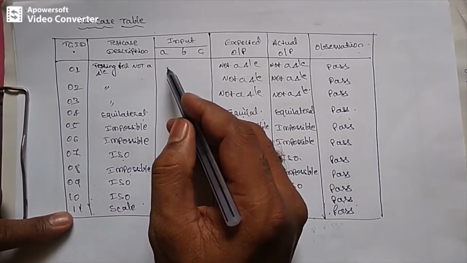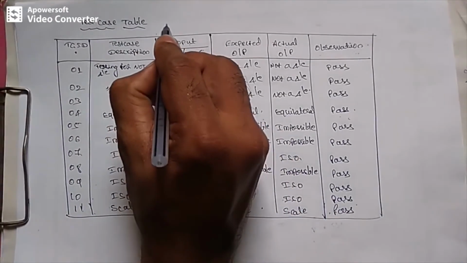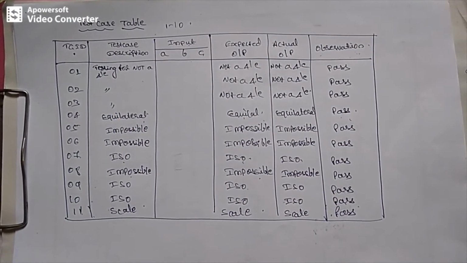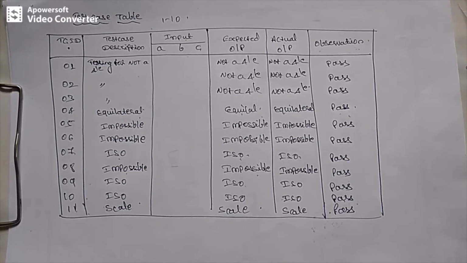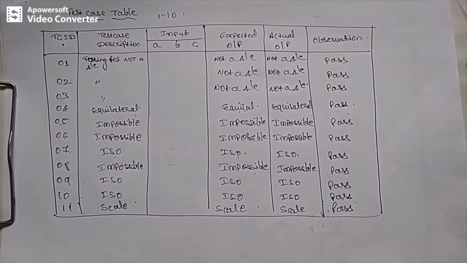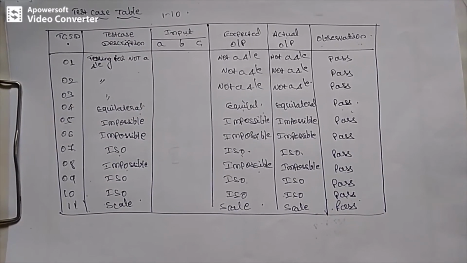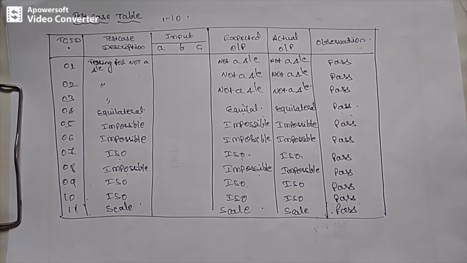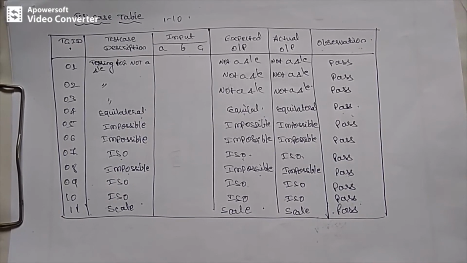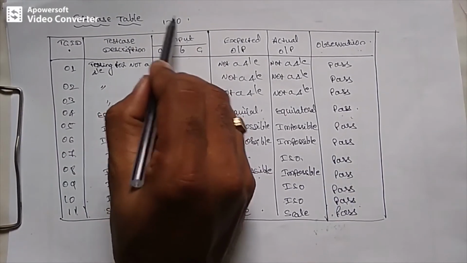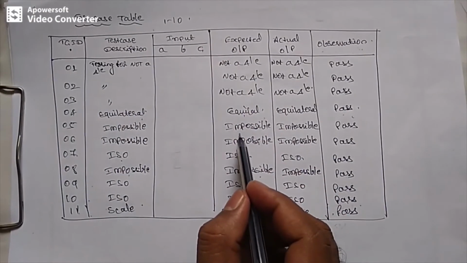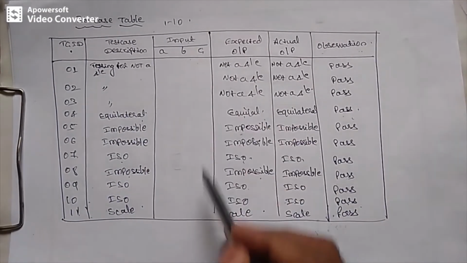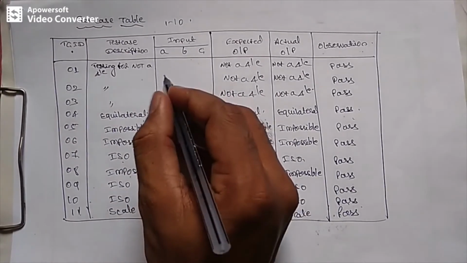The input may be within the range we have given in the program, 1 to 10. All the values should be from 1 to 10. If we give values outside the range, we call them impossible cases. That will be represented as a question mark. Wherever the expected output result is impossible, you can write a question mark for the input. If we specify a value outside the range, we call that an impossible test case. If you specify values within the range, then the other test cases will have an output result.